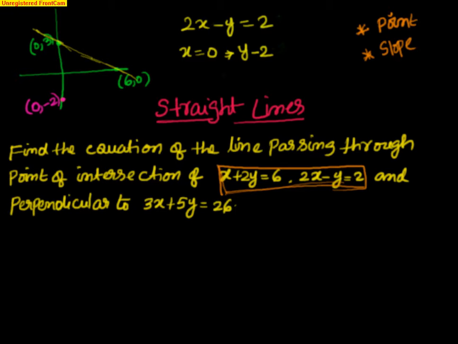Now let's go back. If I put y equal to 0, what is the value of x? 2x equal to 2, so x equal to 1. So that point is x equal to 1 when y equal to 0, right? So I will be somewhere here. Let me say that point is 1 comma 0. Now let's try to draw this line.